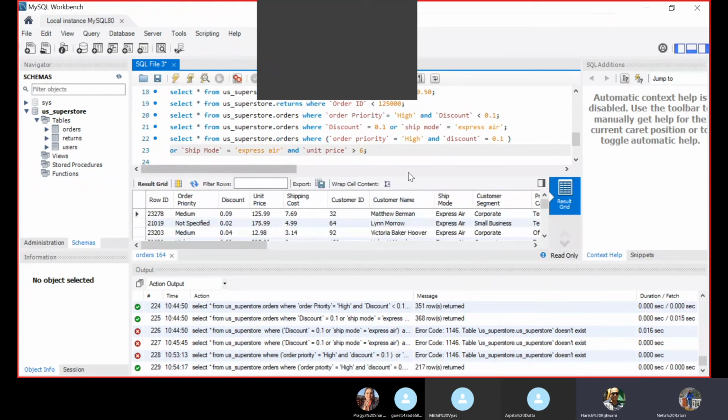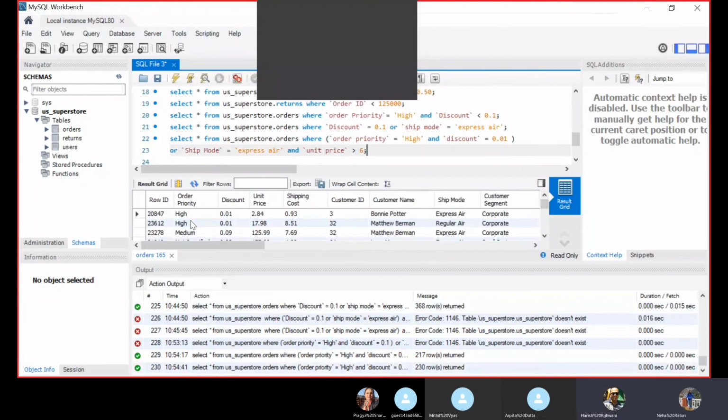Okay, 217, this came out different. 0.01, right? 0.01 is 100% discount, right? Or no? Yes. Now it is 230 records.